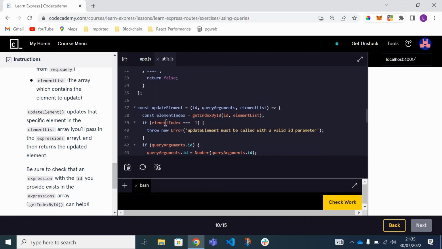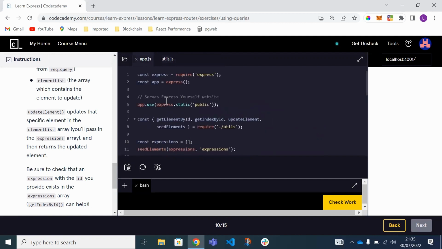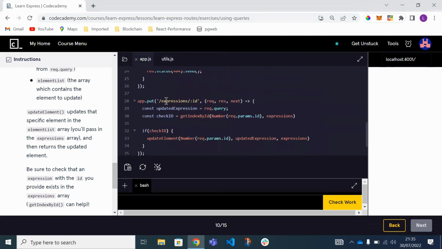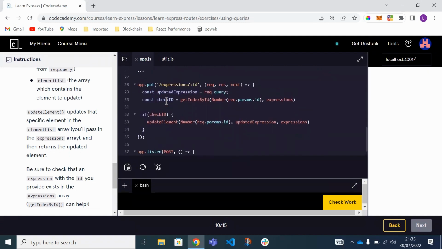So the check that we need to do is in the if statement. I think we need to be checking here if checkID dot indexOf is not equal to -1. Okay, we can use checkID is not equal to -1. So if that is true, then we run this function,